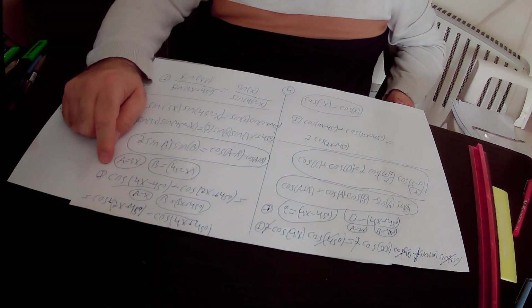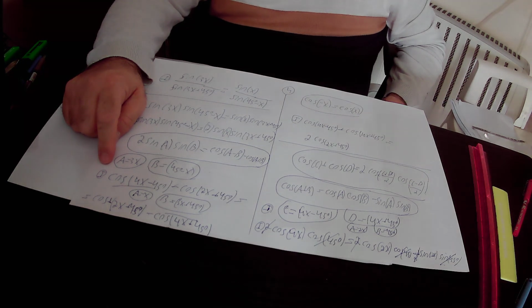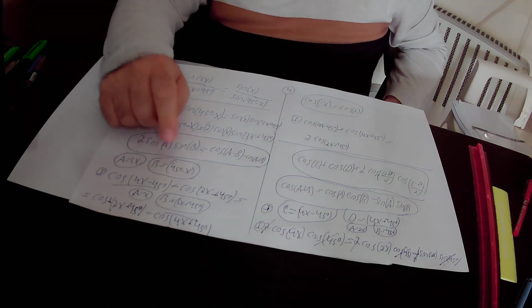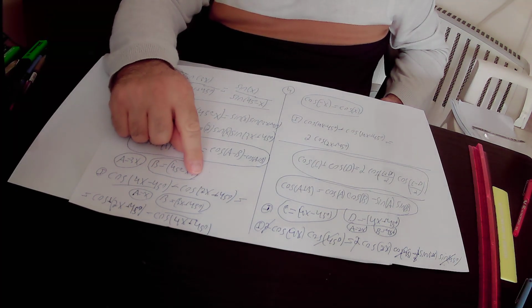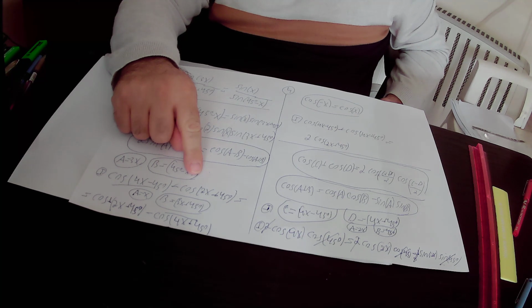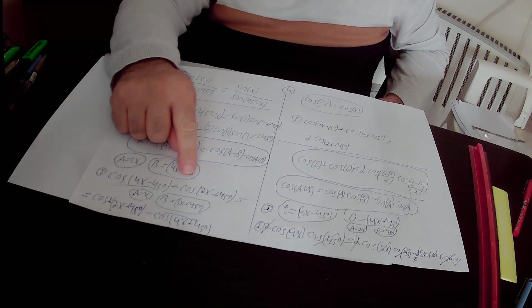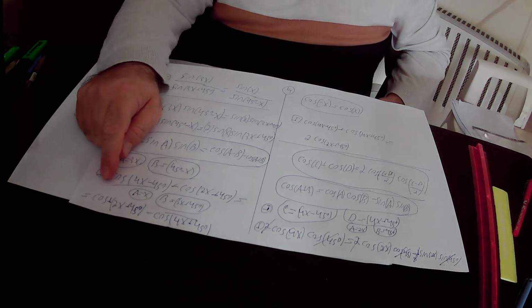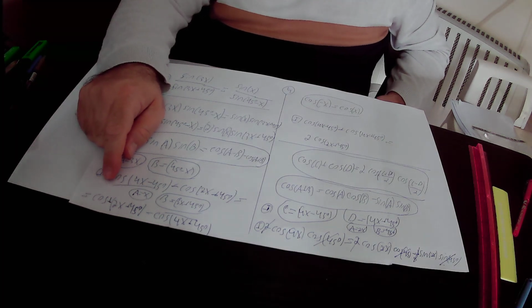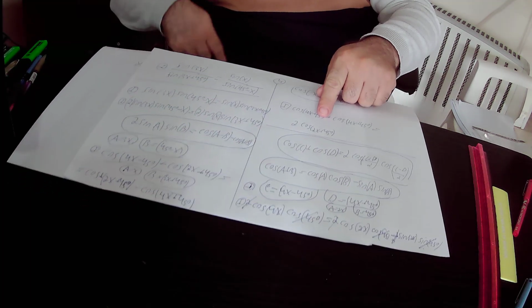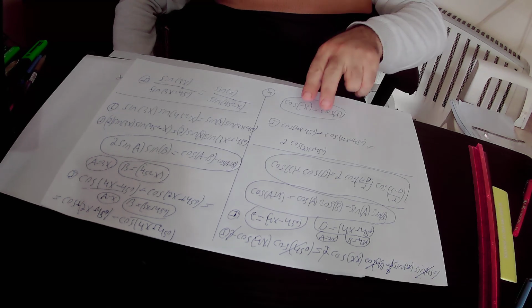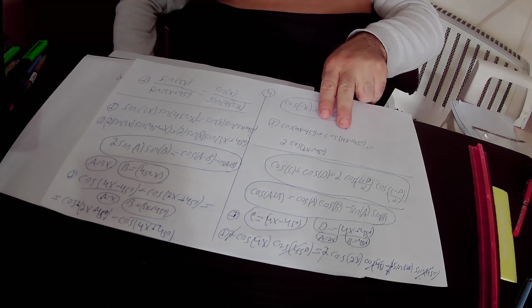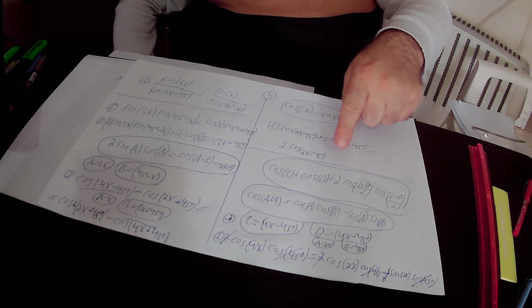And what is left from equation number 1? We have here minus cosine 2x plus 45 degrees. So we added to this equation number 1, minus cosine 2x plus 45 degrees. And we got that cosine 2x plus 45 degrees plus cosine 2x plus 45 degrees equals 2 cosine 2x plus 45 degrees. Okay, so we have here an expression that is very similar to the trigonometric identity that states that